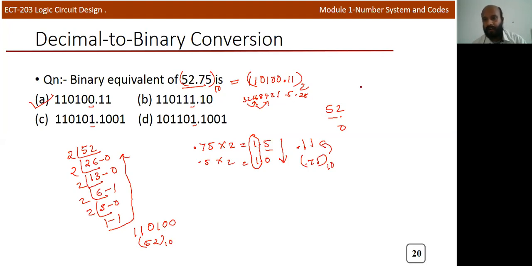If you write the binary value, for example 0, 0, 1, 1, 0, 1, 1. This is 0, 1, 2, 3. You can see that if it is odd, the LSB will be 1. If it is even, LSB will be 0. Okay. We can note down this point also. For even numbers, the LSB will be 0. And for odd numbers, the LSB will be 1.